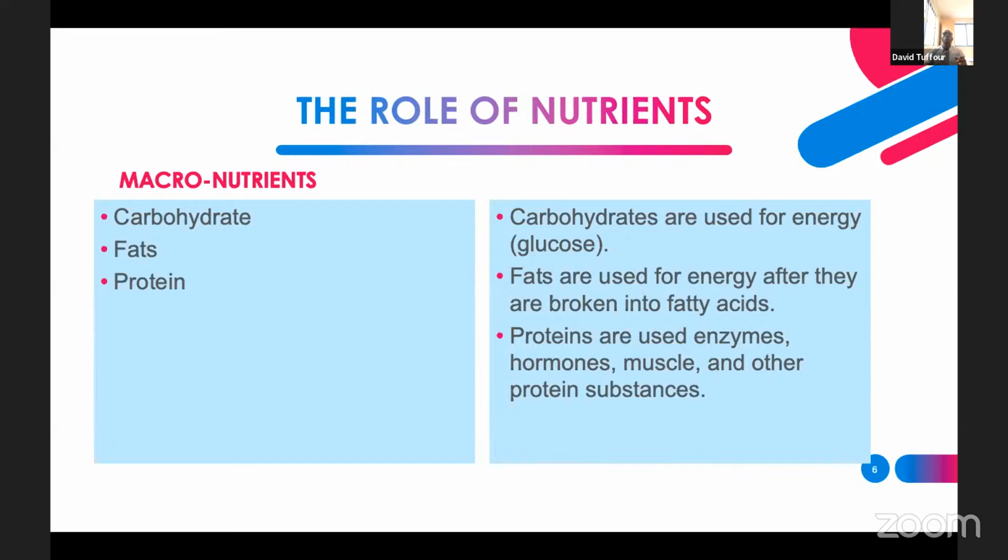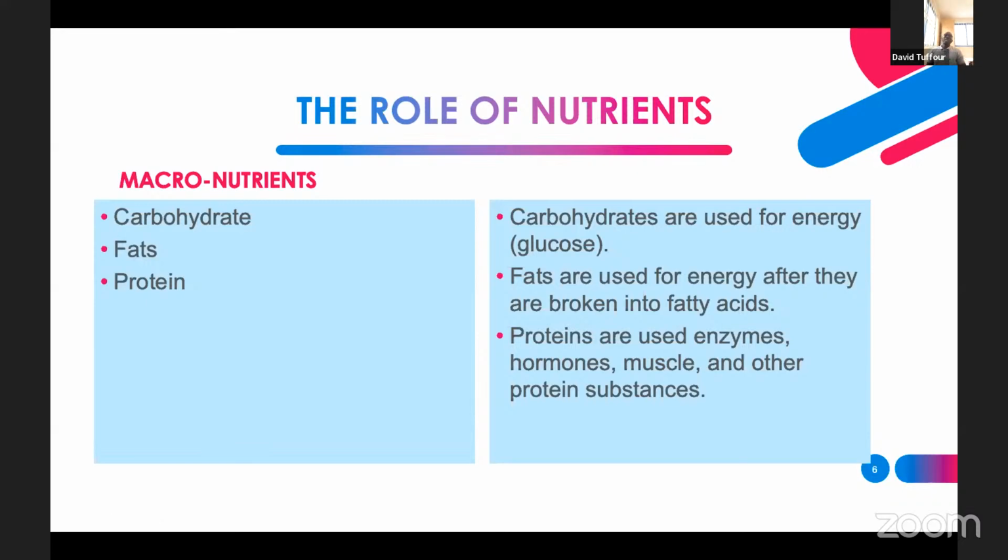They are classified into two types: the macronutrients and the micronutrients. So I'll talk about the macronutrients and what they do. The role of the macronutrients is, one, for carbohydrates to produce energy. The energy currency of the body is glucose, and we obtain glucose from eating carbohydrate-rich food. Nobody can decide not to eat carbohydrates in their meals and still get that glucose that we are looking for,